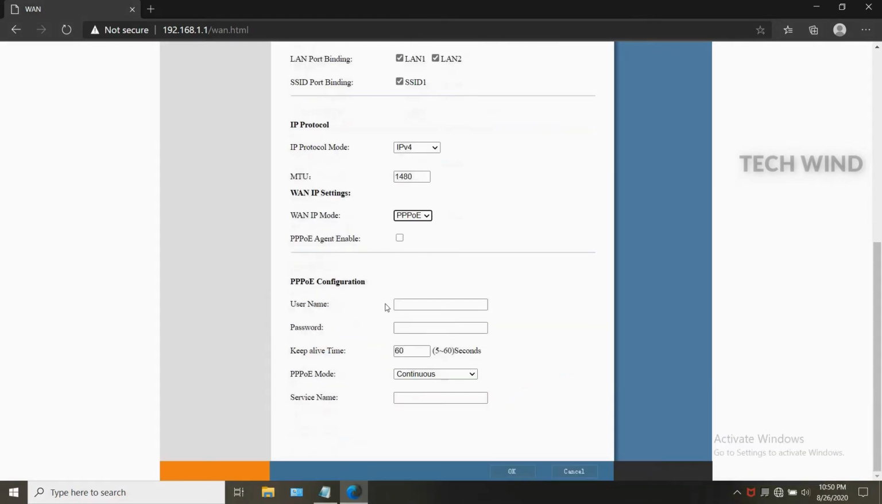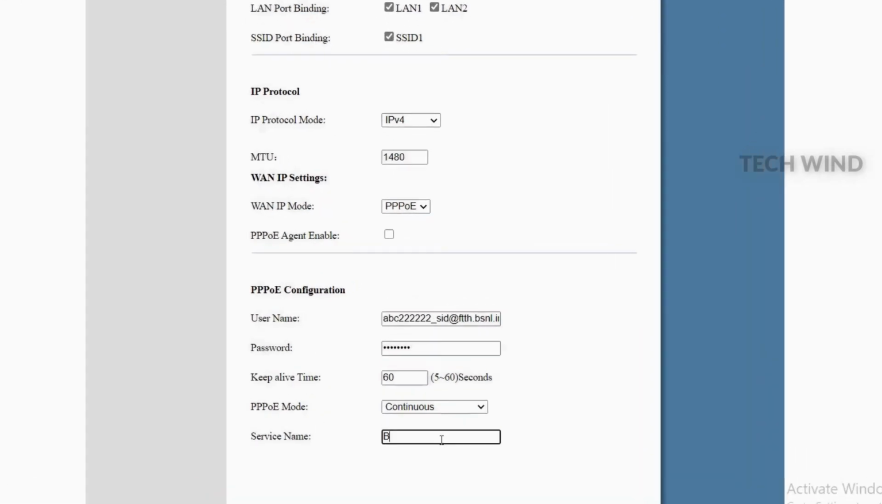You can change the MTU or keep it as such. Enter the PPPoE username and password provided by BSNL. The username will be found on the monthly bill or you can get it from your vendor. So for example, say my connection is TechWind and my number goes as 222333. My username ID in the billing will be